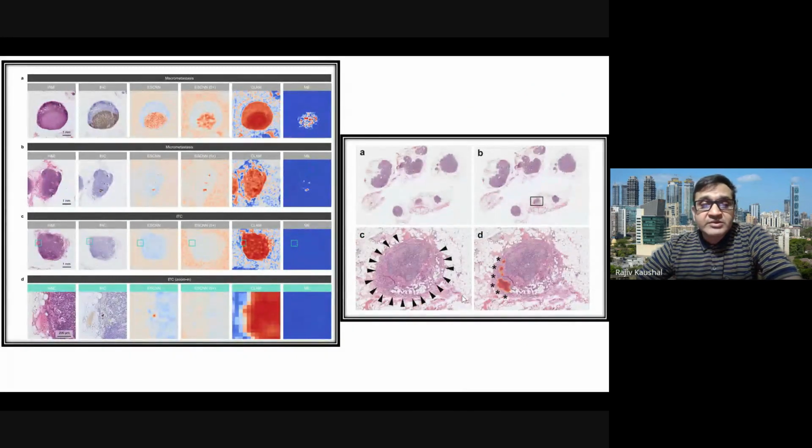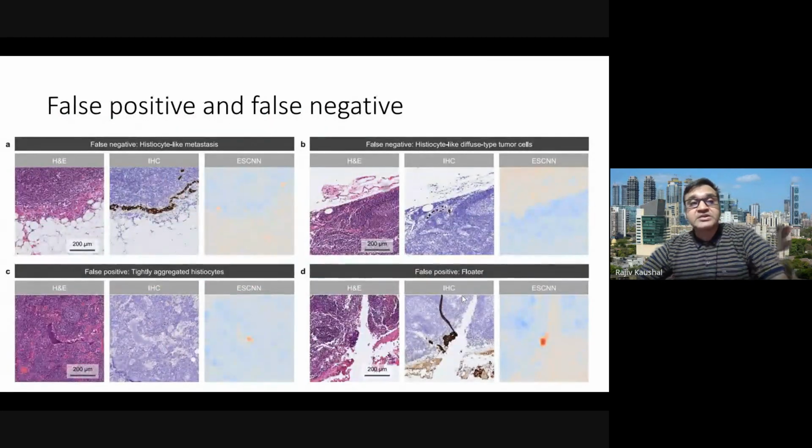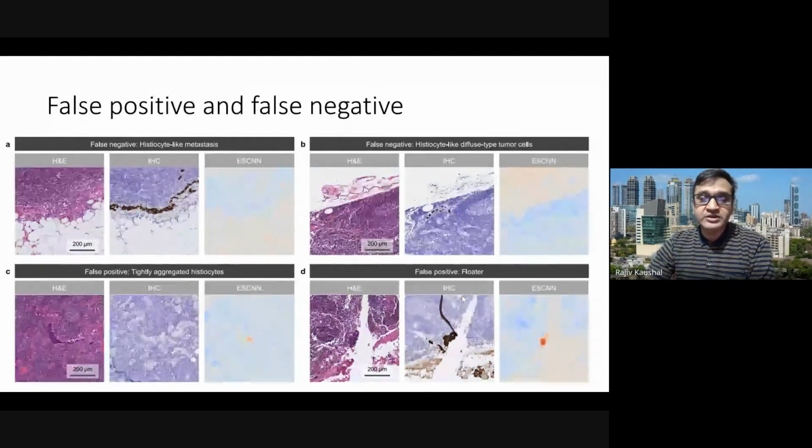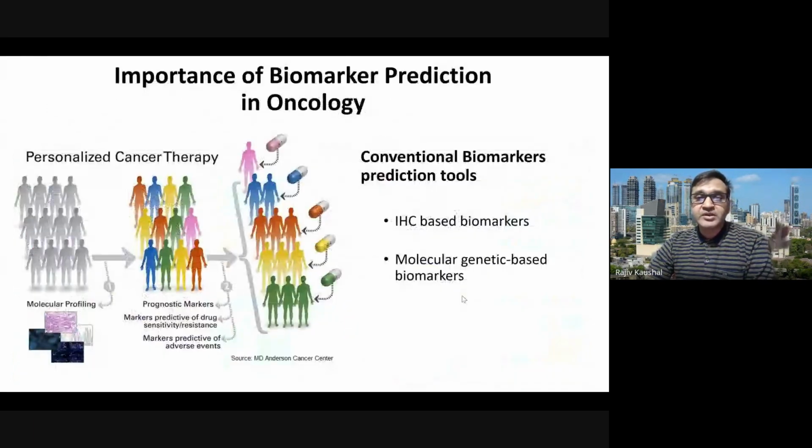If you're using it for lymph node metastatic prediction, the main problem is whether the algorithm can pick up these micro metastases, and the cases which are subjected to adjuvant or neoadjuvant therapy, and the changes in them. So till date, none of these application models are 100% foolproof, and there will be some false positive and false negative results. But even among pathologists, we have seen inter-observer variability in picking up the nodes. The next application of this is in biomarker prediction,